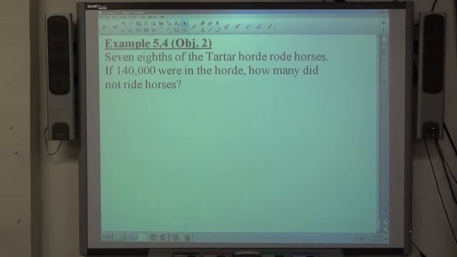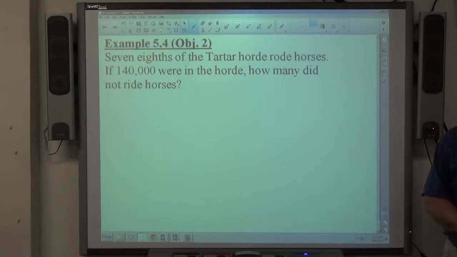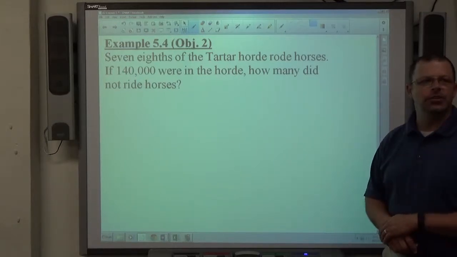And I've been doing this problem, this is my 18th year with this same problem, and I still haven't looked up who the Tartar horde is. I think it's somewhere in Eastern Europe, or it could be Asia even. But I'm thinking Eastern Europe. Back in the Middle Ages, if they're riding horses, because it was more recent, they'd probably be riding in tanks. But anyway, I should look it up so I have more knowledge for future students. But anyway,